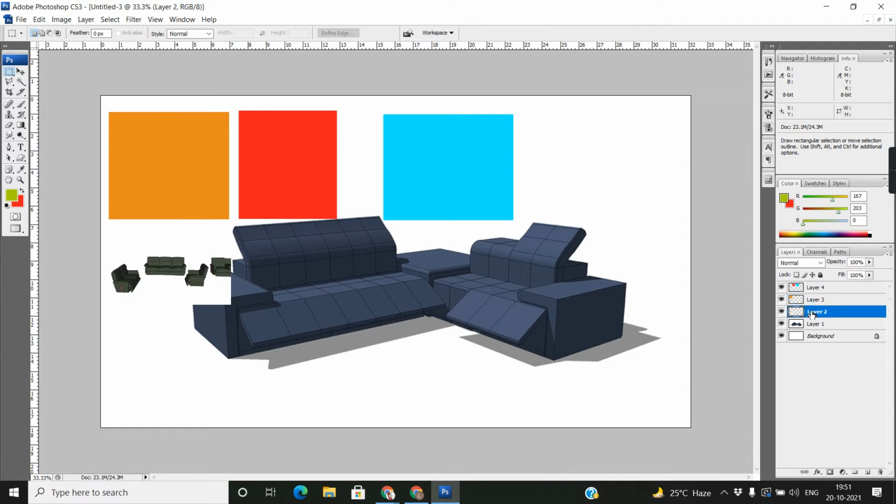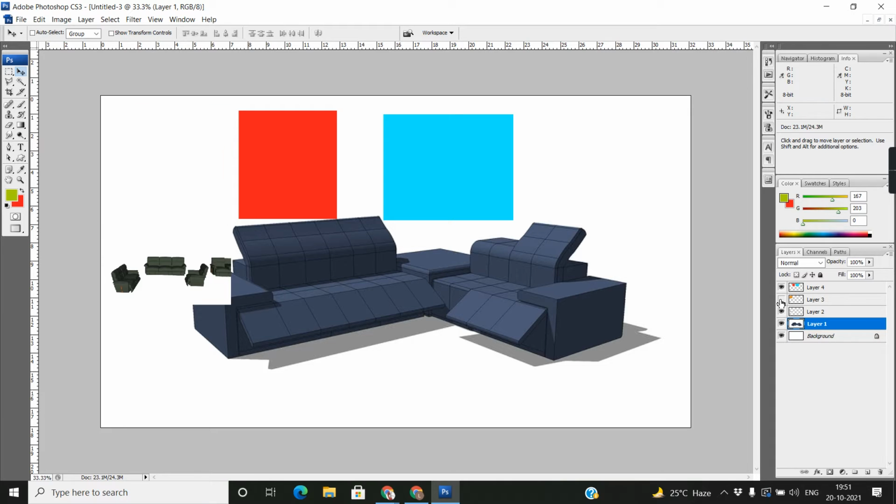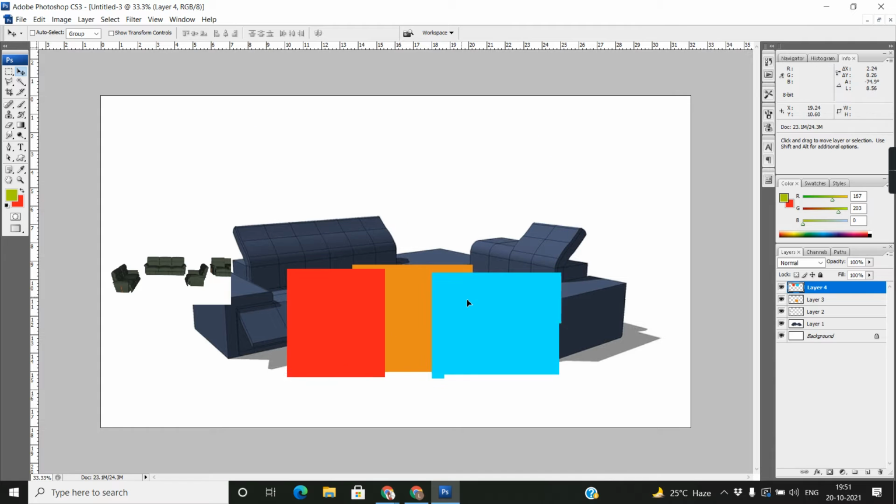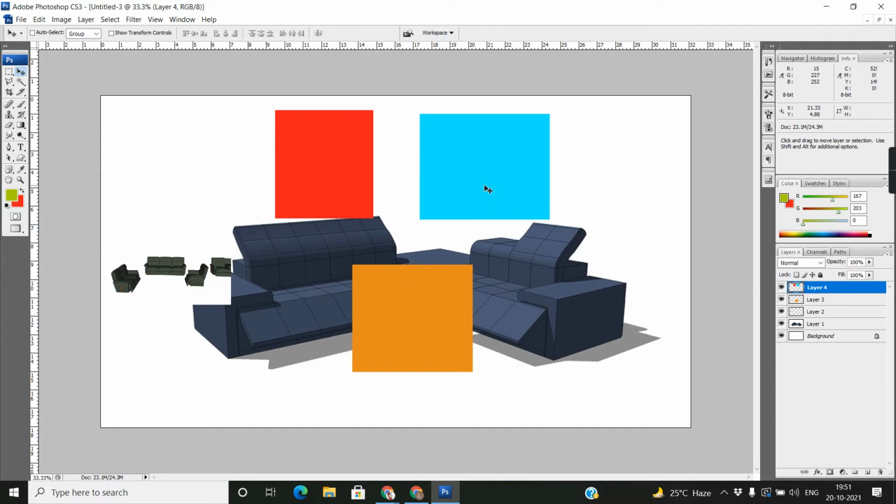Look, we are creating the fourth layer, and if you want to move any layer, press V. V is the Move tool. If you want to move this one, select the layer and move. Select this one, just right click, select layer. See, by mistake, I created both the rectangle and the single layer. In that condition, what I have to do is select this area and press Ctrl Shift J. Look, this is on a separate layer, and this is on a separate layer.